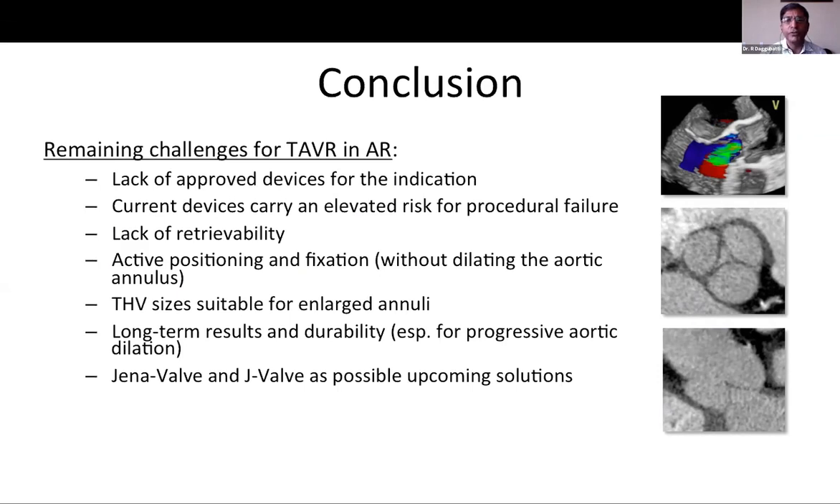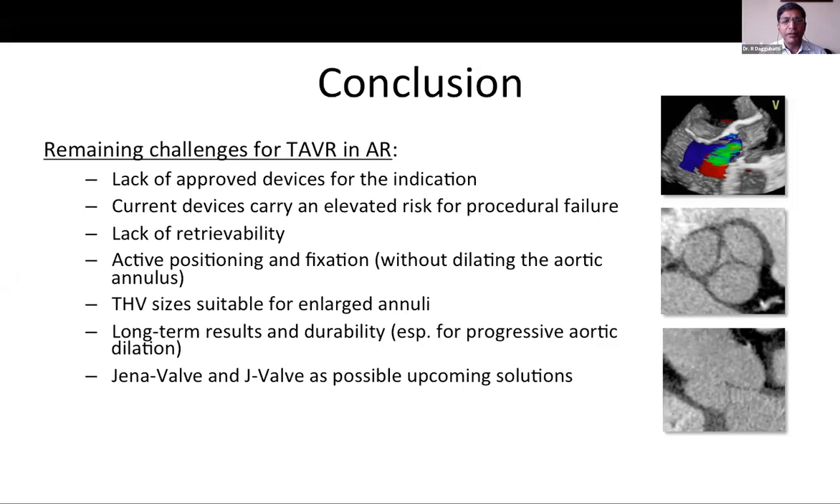I think the future is going to be really great, but the current devices carry an elevated risk for procedural failure. There is a lack of retrievability in most of these valves, and active positioning and fixation without dilating the aortic annulus becomes a problem. And the sizes, we still have a problem with all the sizes, and appropriate size is important. When we choose the wrong size in the large annuli, it is going to be